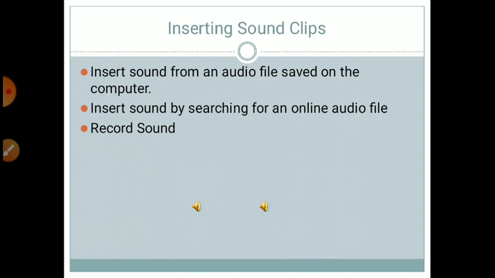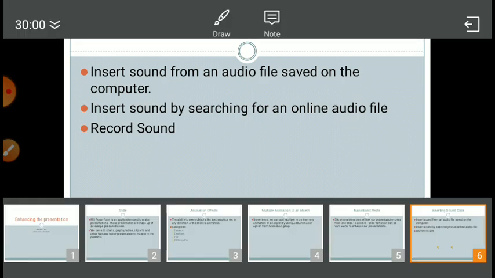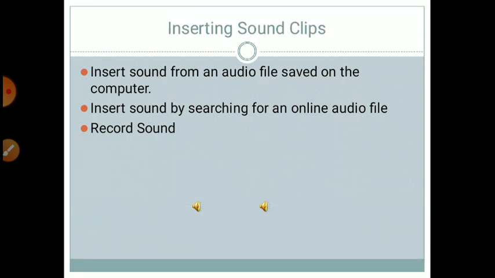First, insert a sound or audio file saved on the computer. Like that, I have inserted one here. If I just click it, it does not show anything. In the computer it is a slide, so that's why it does not show.